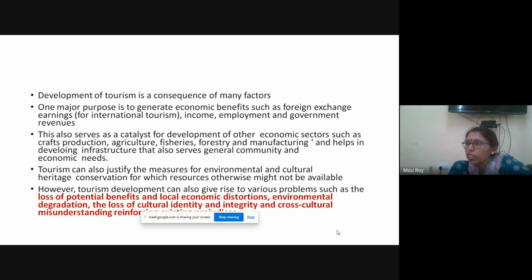The local youth want quick money, they want to extract money from the foreigners, especially from the foreigners. So they want to extract the money. Okay, fine. But what happens? The natural beauty of the place is diminishing. That is what you should be very important. And to mitigate these negative impacts, sustainable tourism practices are being promoted.